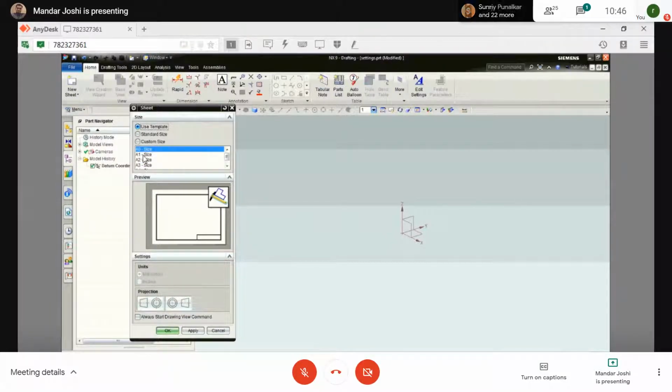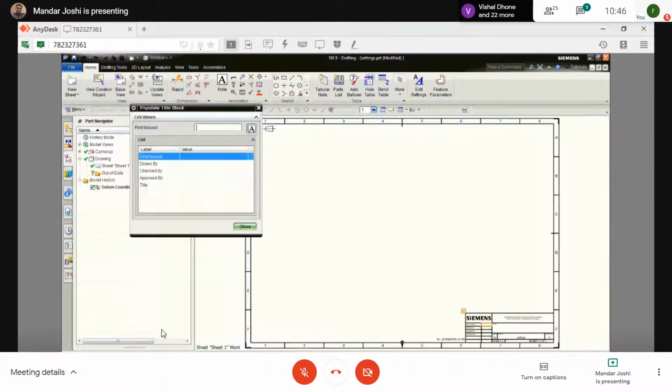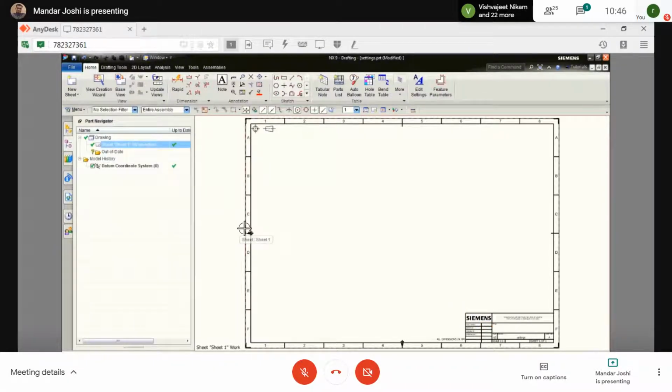The size of the sheet you can choose appropriately. I'm taking A2 size right now. Click on OK. And this information I don't need, so I directly close it here. So what I did, only a blank file I created, and here in the file option, first I am storing this data.